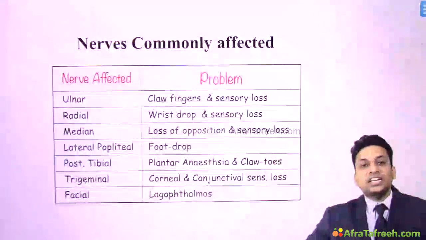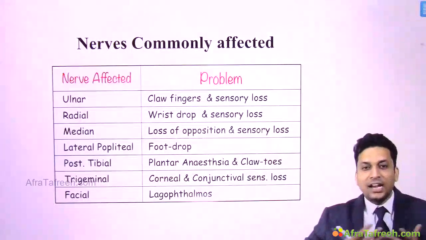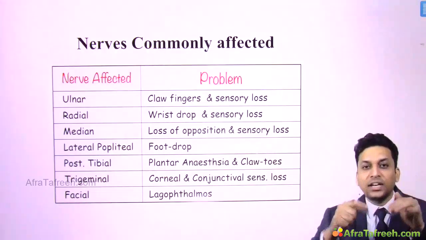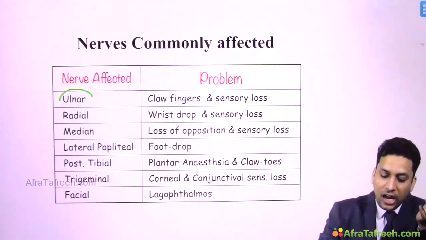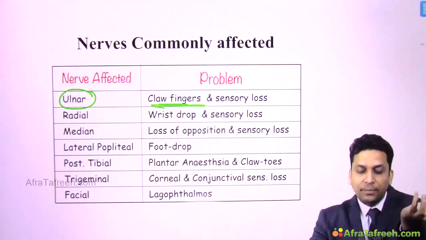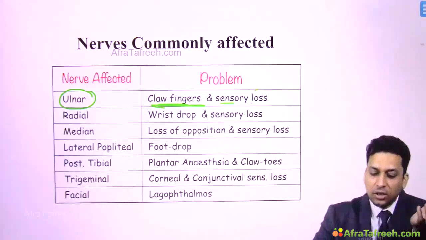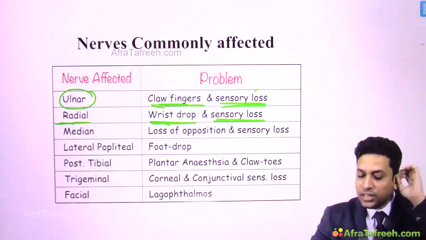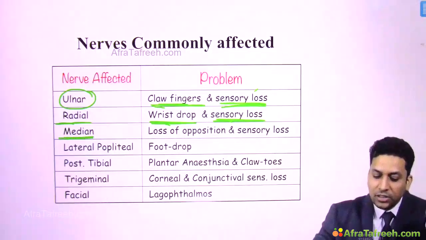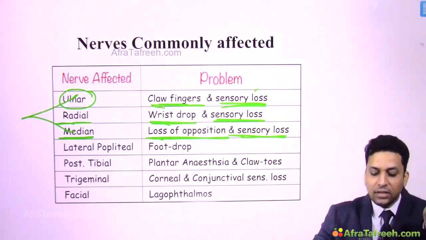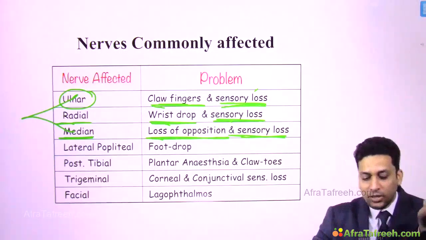Then as we know that nerve involvement is seen in leprosy, in LL type bilaterally symmetrical nerve involvement is seen, and depending on the nerve involvement you can get different deformities. Like if there is ulnar nerve involvement, you will get clawing of the fingers. So partial clawing of the hand might be present, and there will be sensory loss along the distribution of that nerve. Similarly, if radial nerve is involved, there will be wrist drop, and along the nerve distribution there will be sensory loss. Then if median nerve is involved, there is loss of opposition and there will be sensory loss. If both these nerves are lost together, there will be complete clawing of the hand.